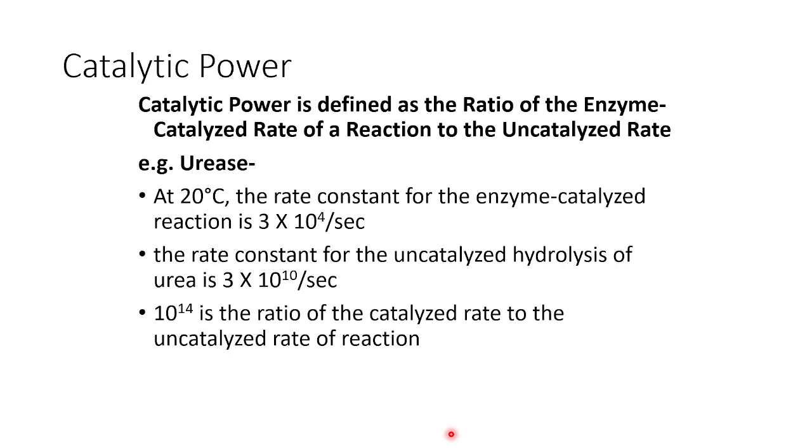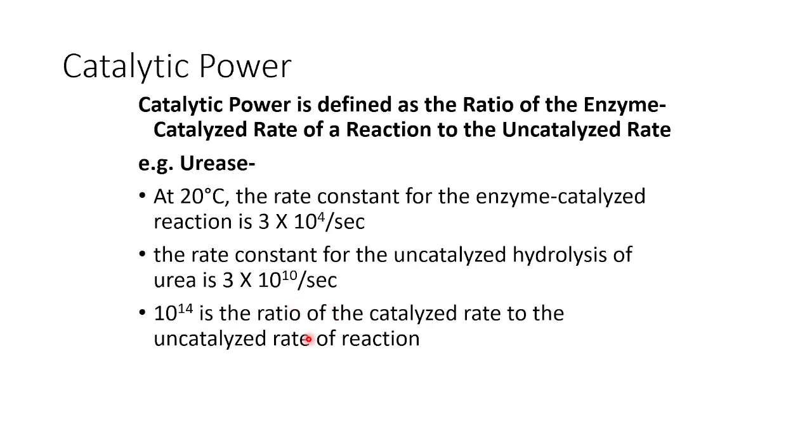Previously we had talked about the catalytic power. Once more I am repeating the scientific definition of it. Catalytic power is defined as the ratio of the enzyme catalyzed rate of the reaction to the uncatalyzed rate. For example, for urease at 20 degrees centigrade, the rate constant of the enzyme catalyzed reaction is 3 into 10 to the power 4 per second, whereas for the uncatalyzed reaction, it is 3 into 10 to the power